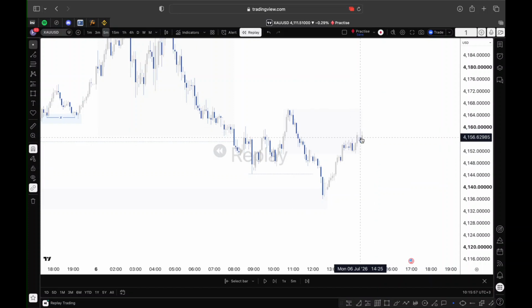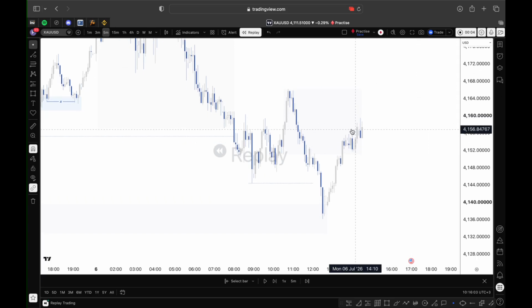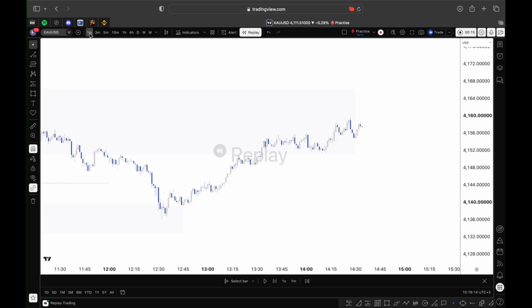So we're starting to reject some zones here. Let me see. You can see here we had that internal, this inside bar push to the downside and immediately some rejection. So we can view that clearly on M1 and see if there was something. Remember